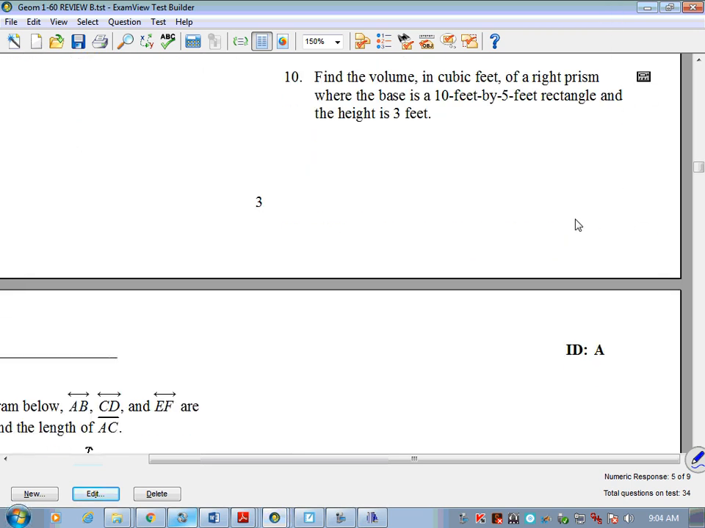Okay, number 10. Number 10 is lesson 59, surface area and volumes of prisms. Find the volume in cubic feet of a right prism where the base is 10 feet by 5 feet, rectangle, and the height is 3. So in a rectangular prism, or in any prism, you need a couple of things. In order to find the volume, you need the area of the base polygon, or capital B, times the height. In this case, what they're showing me